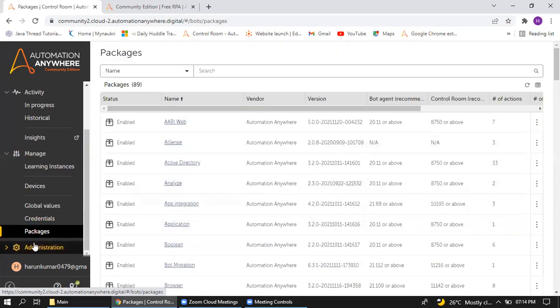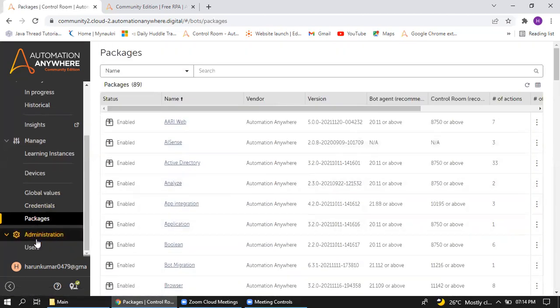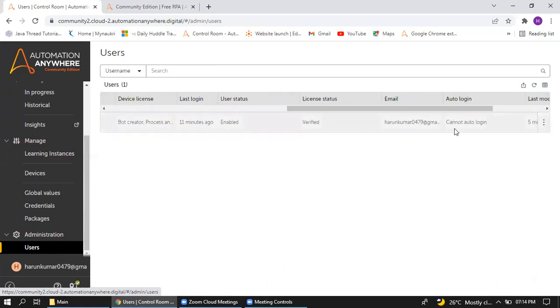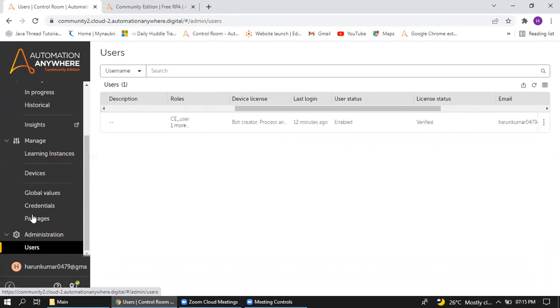Okay. Next, administration is nothing but where, if you are an administrator, you can create a number of users with different roles. Currently it is a community version, which has the license of bot creator. Even if you are a bot runner, it will be shown as bot runner access. If it is enterprise edition, since it was a community edition, it was showing bot creator. Only one license will be provided for the community version. If it is an enterprise version, there will be different types of licenses. Okay. Next one,